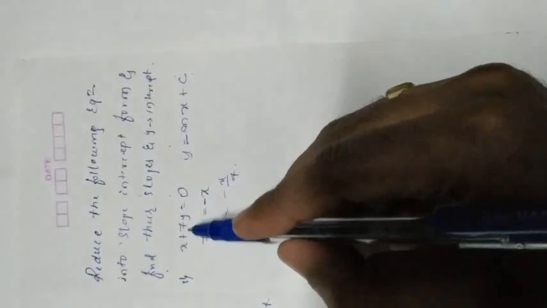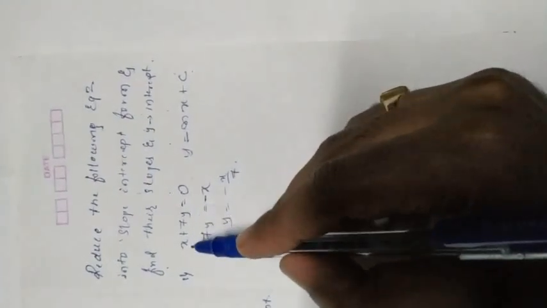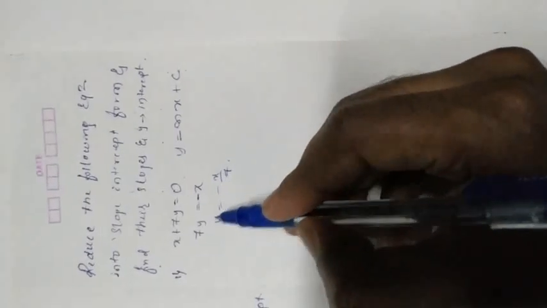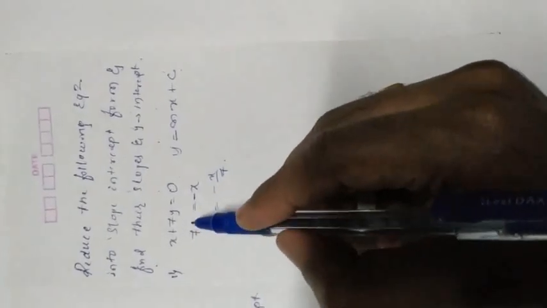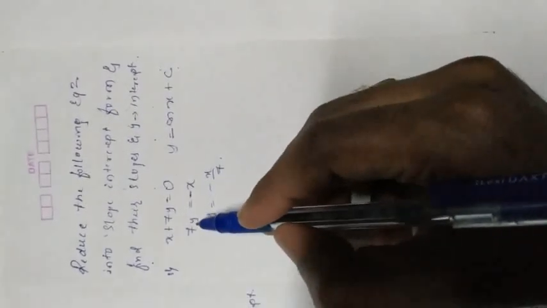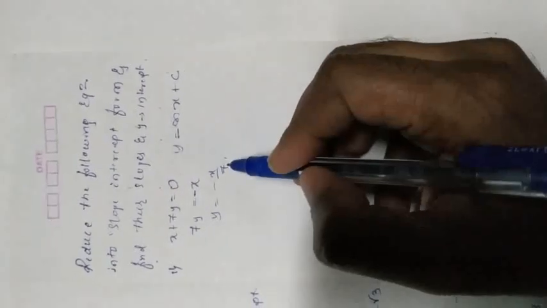Now, it is in which form? First, x + 7y = 0. We keep the 7y as it is, and we take the x to the RHS, then it becomes negative. Then whatever is multiplied with y, we have to take it to the RHS. Here 7 is multiplied with y, and when it goes to the RHS, it becomes the denominator. Then y is equal to